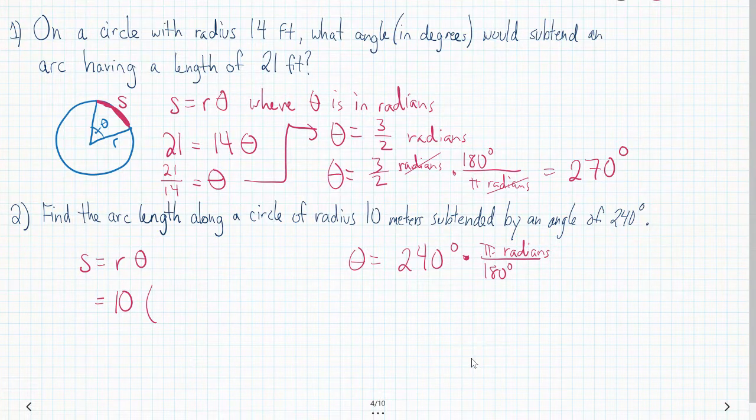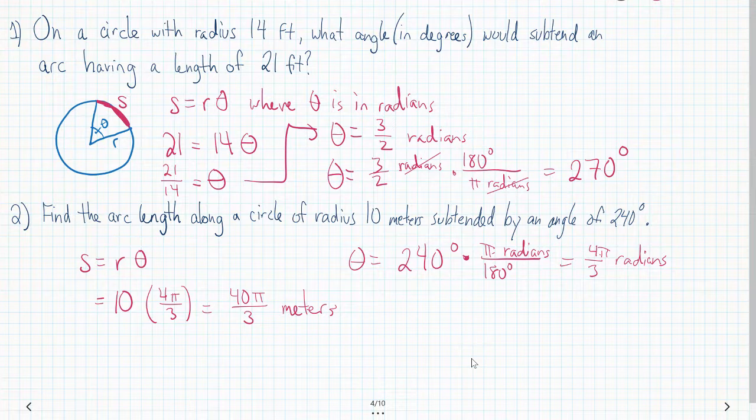Okay, so what do both of those have? A common factor of 60, I believe. So the degrees would cancel, and you're left with 4 over 3 radians. And double check me, I'm doing this all in my head, so bear with me. So this is 10 times... yeah, definitely double check me. I forgot the pi, 4 pi over 3. So 10 times 4 pi over 3, so this is going to be 40 pi over 3